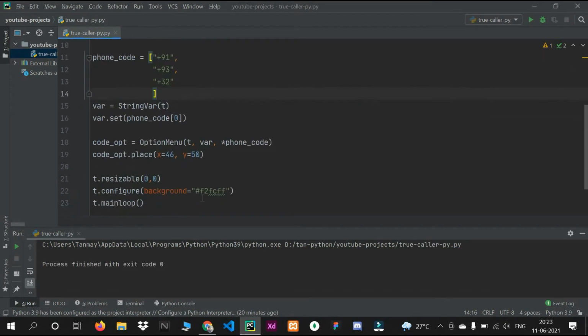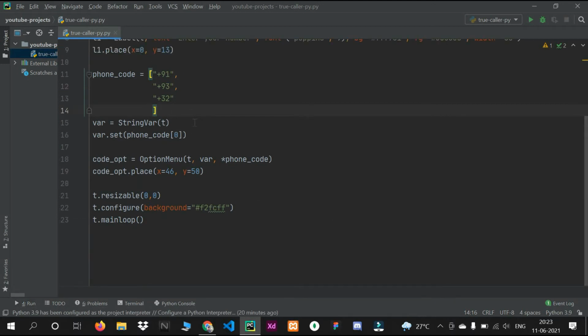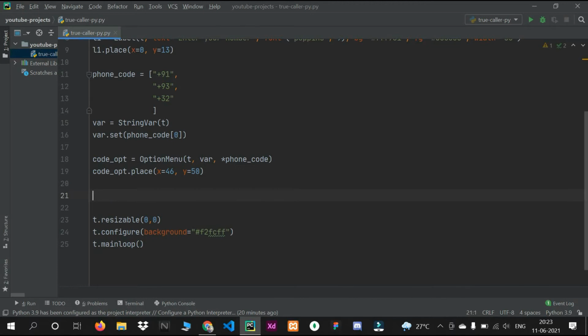So the next thing we have to do is build one entry box, where the user can enter the numbers. So I will take the entry box, let's say enter box.